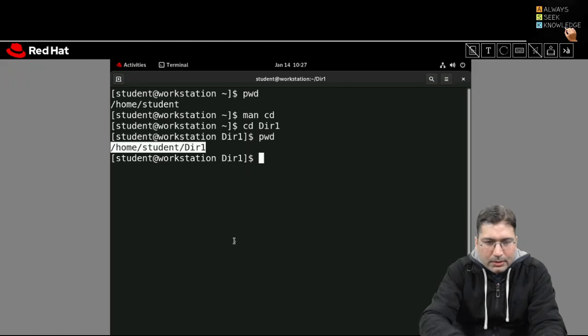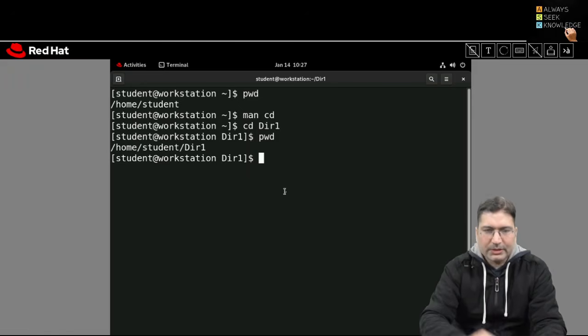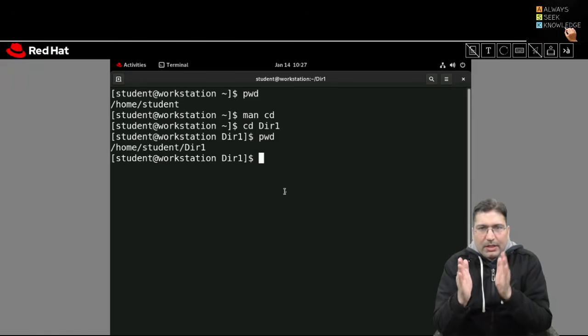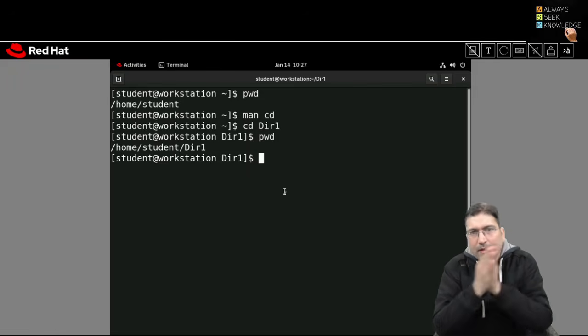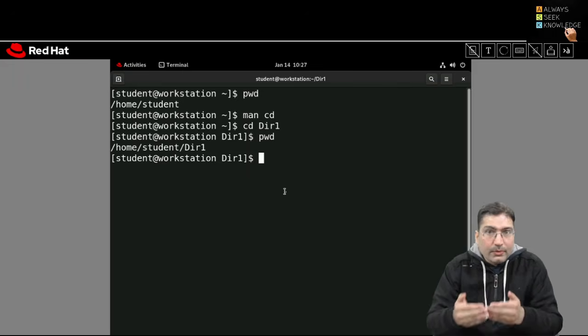I hope you are getting all this, right? So this is the role of cd. Cd is change directory. Cd command we are using to change directory. So earlier we were in student directory, now we are in dir1. Now if you want to come back,